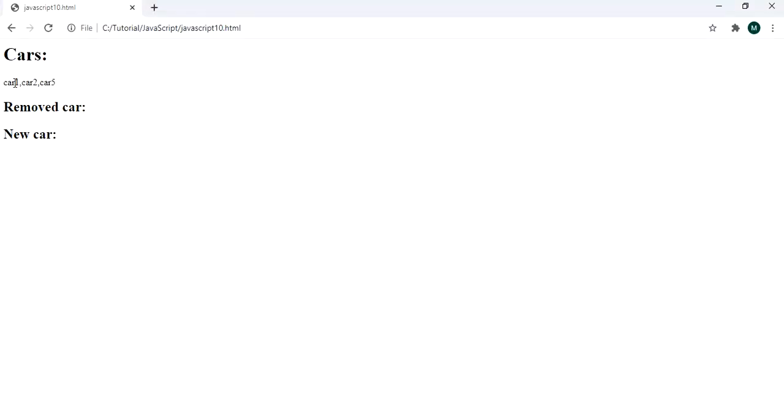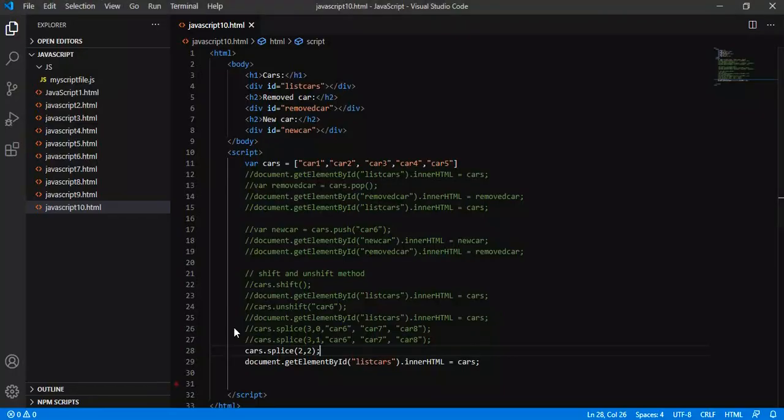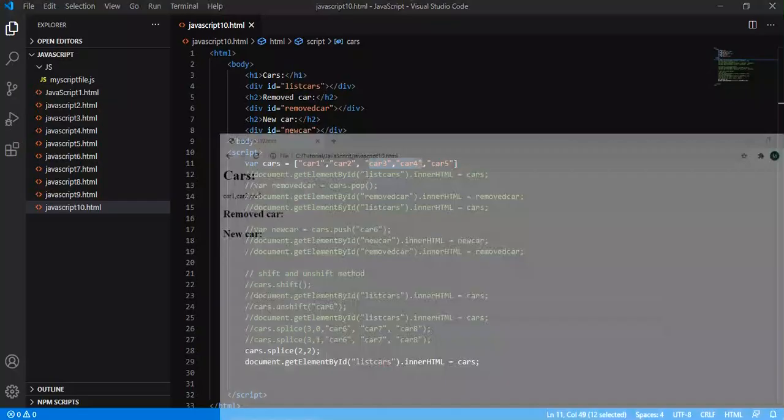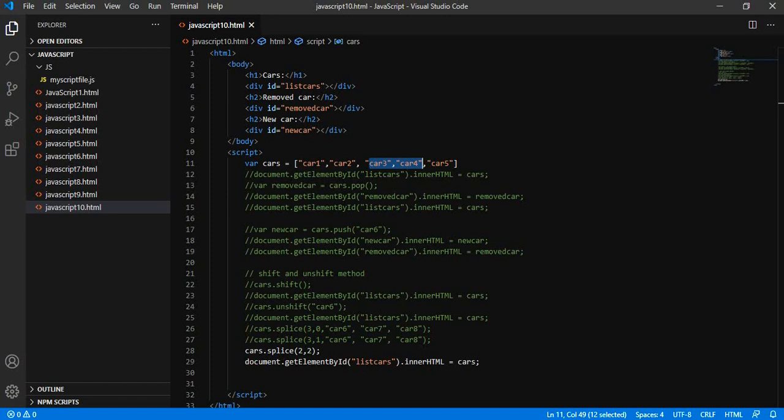Car 1, car 2, car 3: car 1 is at index 0, car 2 at 1, and car 3 is at index 2, and we are removing 2 elements. Car 3 and car 4 have been removed, and the others stay as they are. Car 1, car 2, car 5 should be printed, and it has been printed. So this is all about the splice method for removing and adding elements.